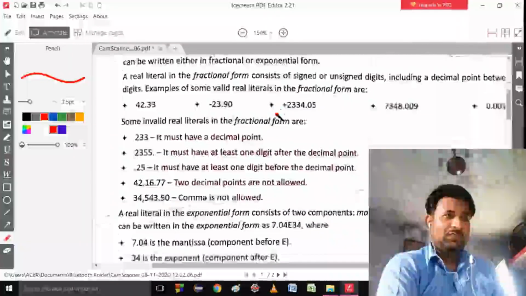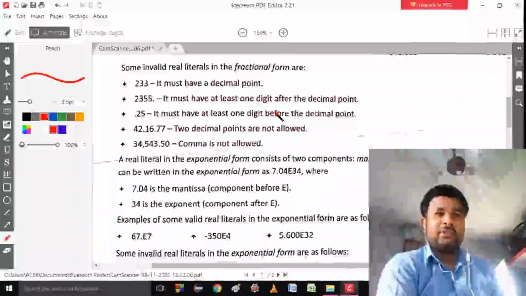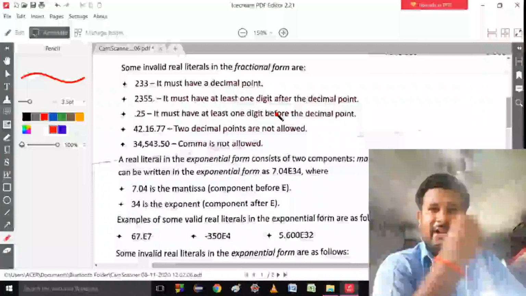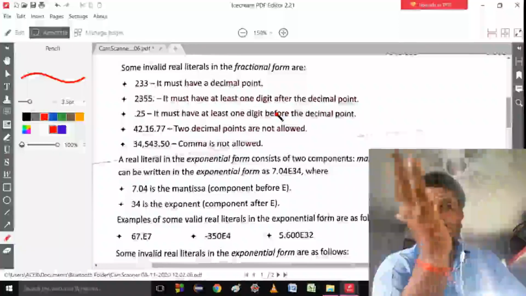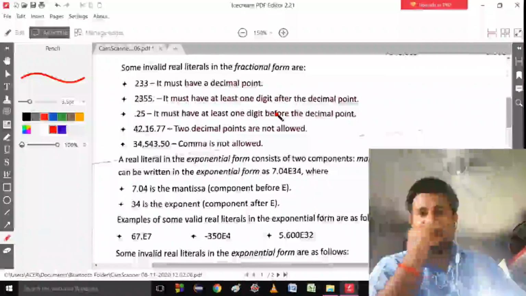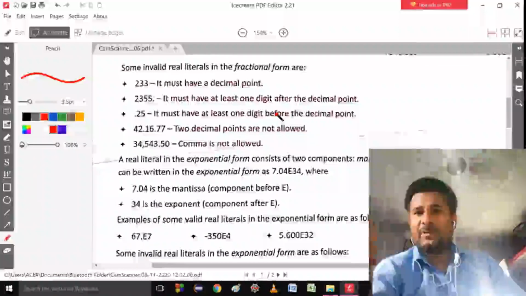Next, the second way, the mantissa and exponent form. Suppose I have the number 123. I will write this as 1.23, shifting the decimal two places from right to left. That means I can write it as 1.23 multiplied by 10 power 2.